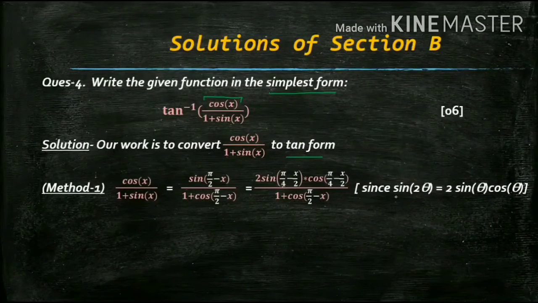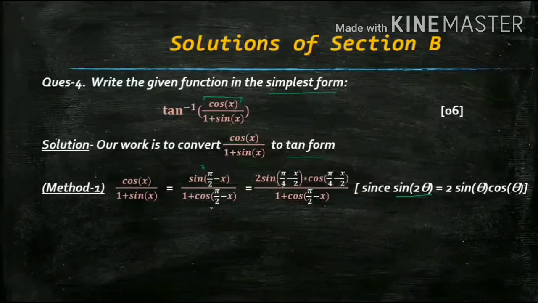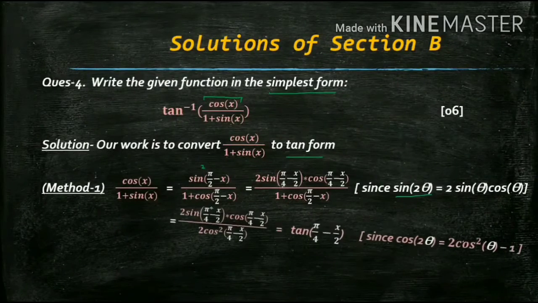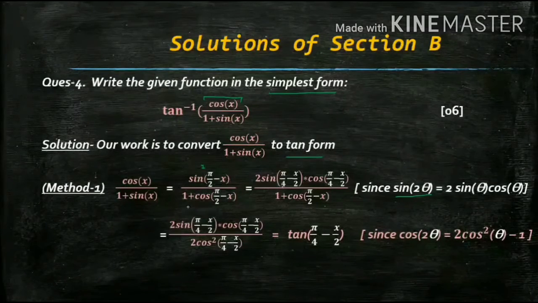Now using this, sine 2 theta is 2 sine theta cos theta. So take it like 2 into pi by 4 minus x by 2. So it would be 2 into sine pi by 4 minus x by 2 into cos pi by 4 minus x by 2. Similarly, inside in the denominator, this thing. You know that cos 2 theta is nothing but 2 cos square theta minus 1. So 1 plus cos 2 theta, again take 2 common, so it would be pi by 4 minus x by 2. Right. Okay, just leave it as it is right now.